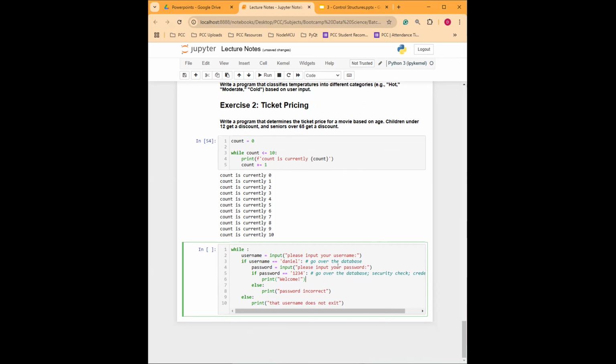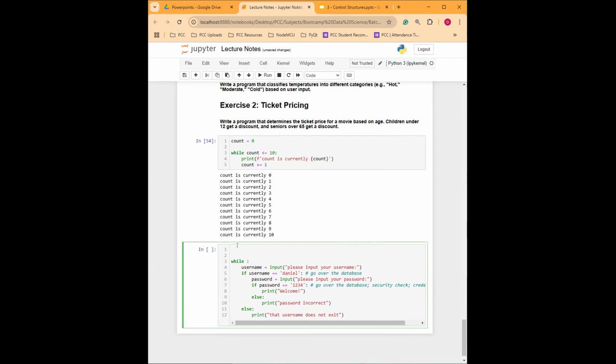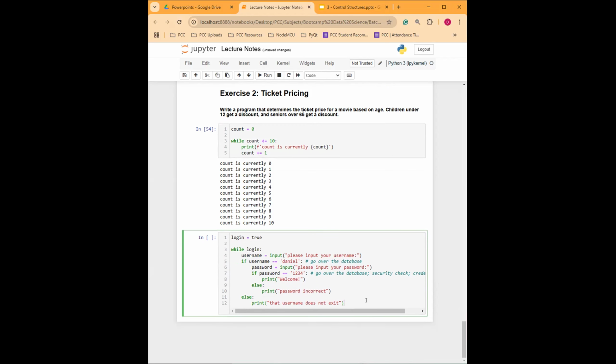All right, so let's go over our program again. So while the user input, okay, at this point, let's see. We can have a variable that is login, right, is equals to true. Okay. So while login is equals to true, right, it will keep on asking us for